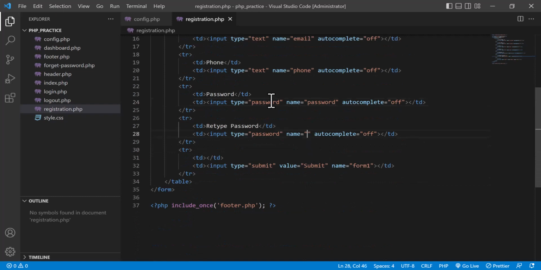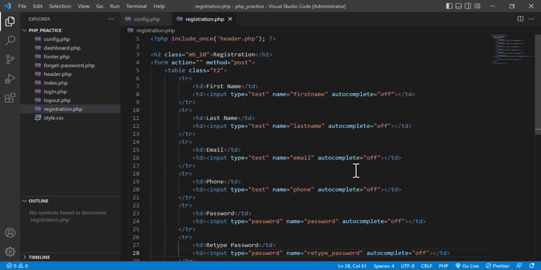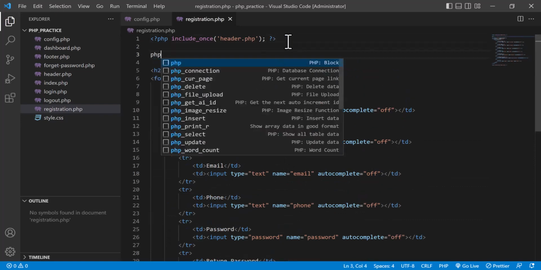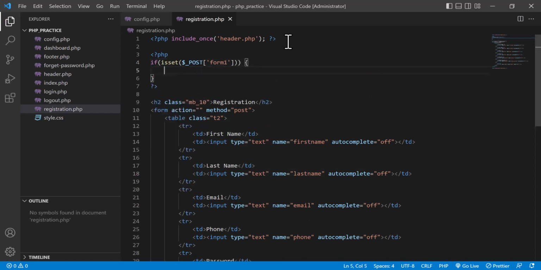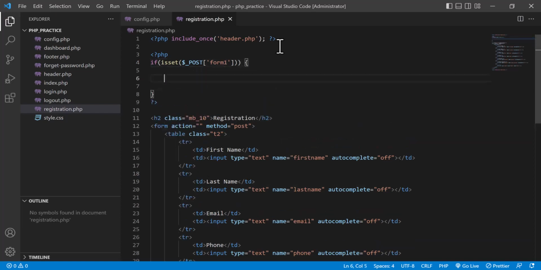And there is a retype password, that means he will have to give the same password 2 times. So I am going to give retype password, and then he will click on submit, and here I give the name form1. And I am going to the same page in the top, for example, in order to verify it. So if is set that is post of form1. Okay, so that means if a person clicks to submit the form, what will happen? I am going to come here, and here I will